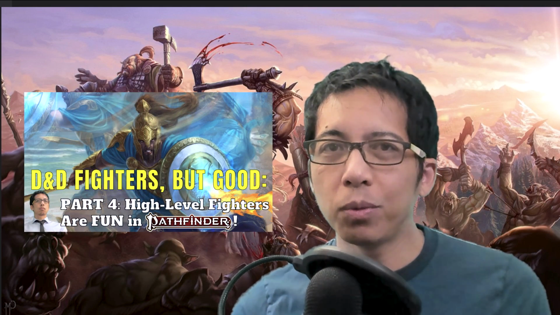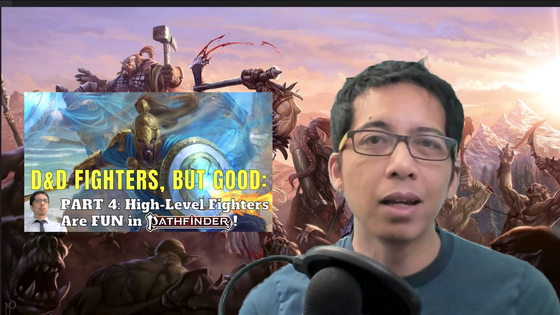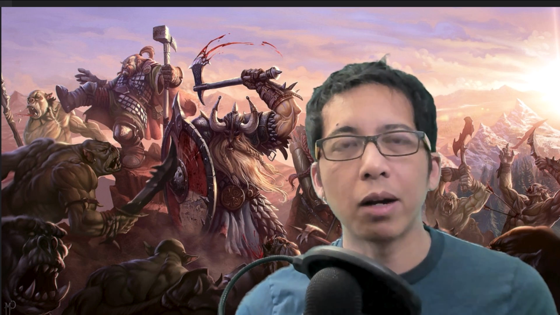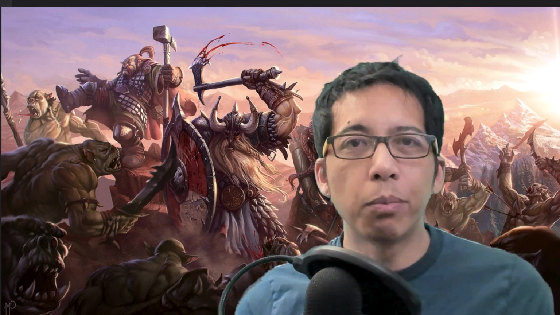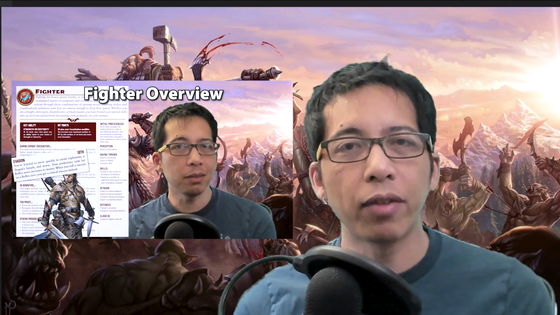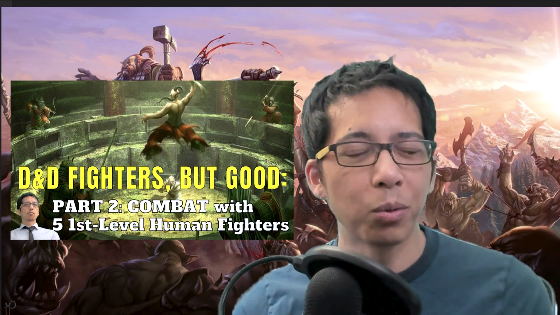In today's video, we'll look at how fighters in Pathfinder 2nd Edition continue to stay fun into higher levels. This is part of a video series in which I've looked at how Pathfinder fixes fighters, which are widely seen as boring or weak in D&D 5th Edition. Earlier, I gave an overview of the fighter, built 5 level 1 human fighters using only the core rulebook,